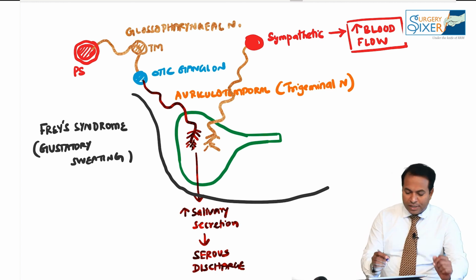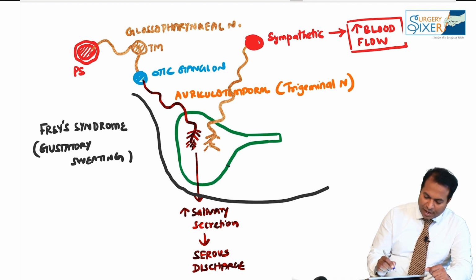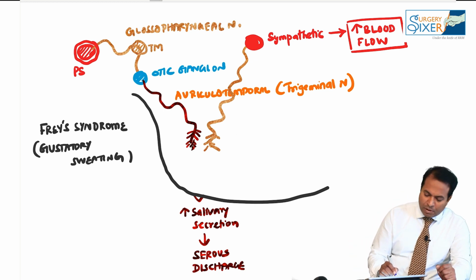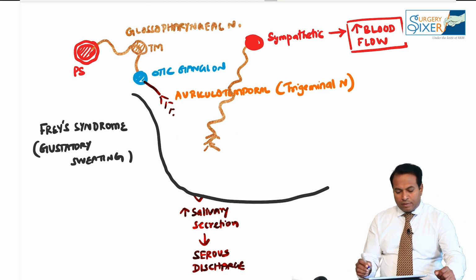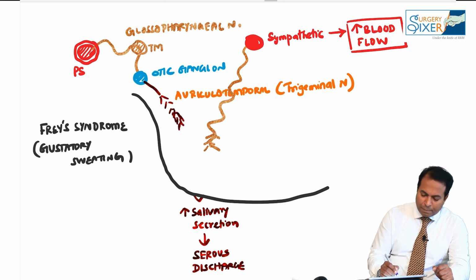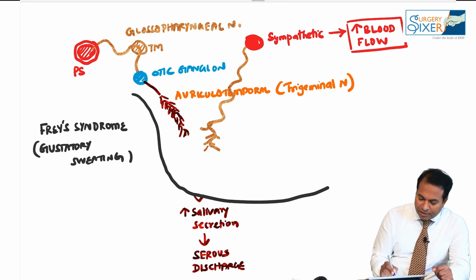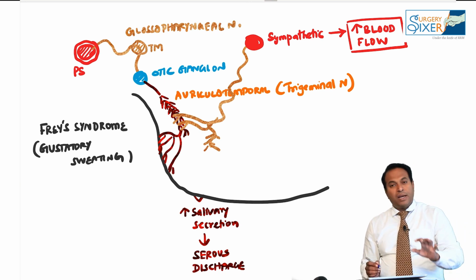Now while I am doing parotid surgery, I am removing the parotid gland. Please observe, I am removing the parotid gland completely now. At the time of removal of the parotid gland, I am injuring the auriculotemporal nerve. I have injured some branch of the auriculotemporal nerve. Gradually what happens, in 2 to 3 months, the parasympathetic postganglionic auriculotemporal nerve is injured. Now these sympathetic nerves will go on this, and will slowly produce branches which will supply the skin like this.